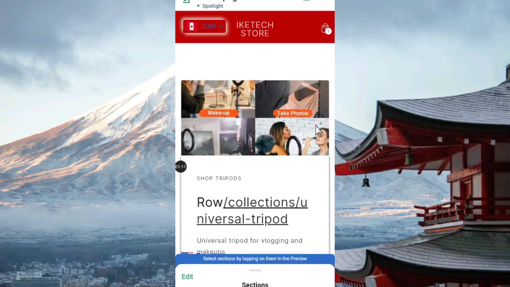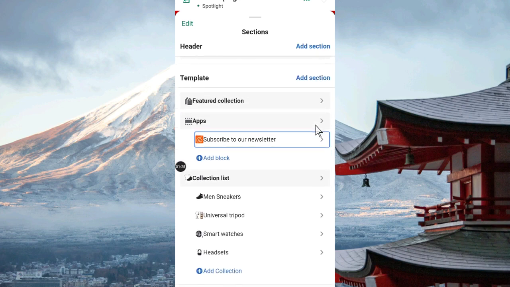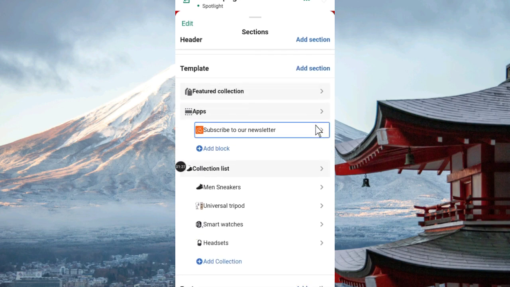So you just click on sections here. You click here, and when you scroll down, you will see collection list. These are the collections that I have created. So what I'm going to do is that I'll just click here,